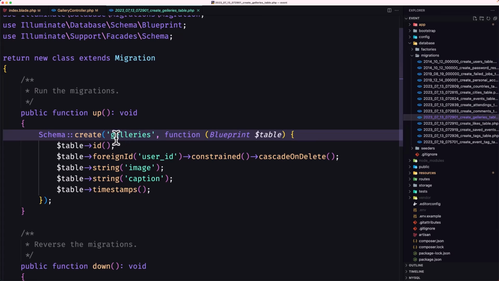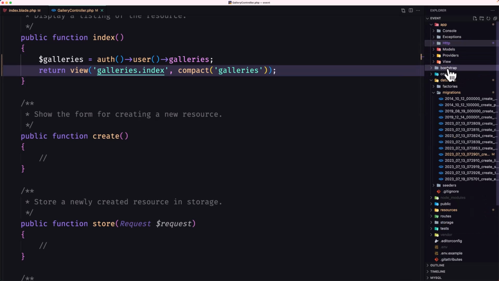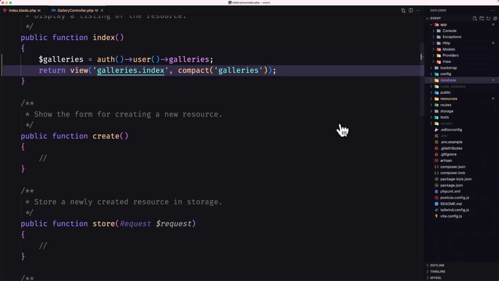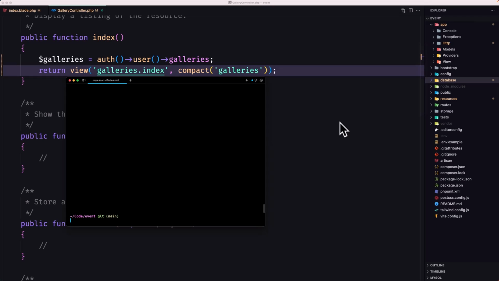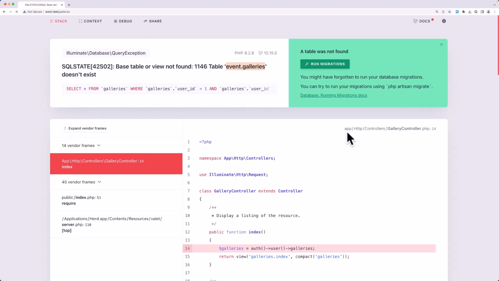Yeah, we have galleries here. So let's say galleries, and let's save this, close. And now let's run the artisan migrate fresh. There it is. Okay, now if I come here and refresh,